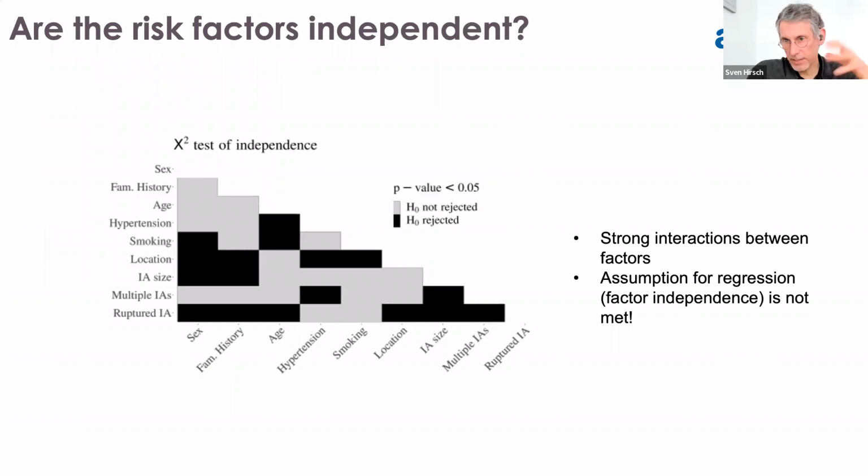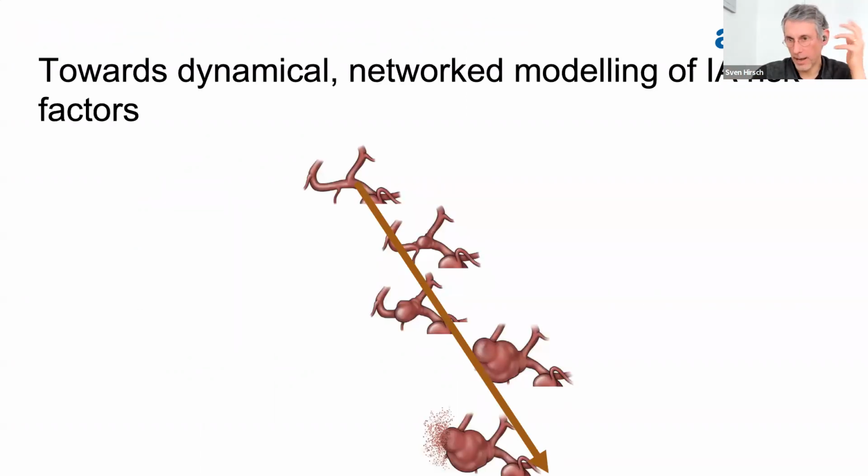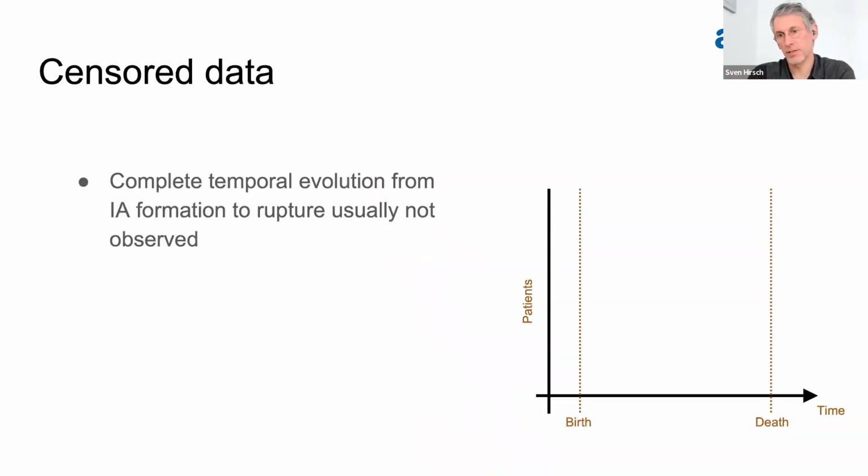But the question and the difficulty, and that's where I'm coming to the next step, is that when we have a scoring system looking at these risk factors, the underlying assumption is that they're independent. And when you look at the factors in an independent study, you see that they're highly correlated. So the assumption is not satisfied. That means you have a lot of interacting factors that in the end lead to a rupture risk. And the question is, what is this interaction? First, I do an excursus where I tell you about some dynamics, and then I will come to this interaction part.